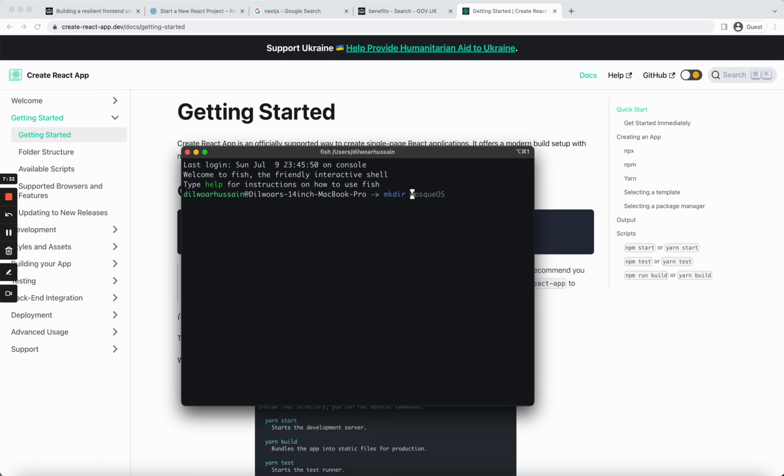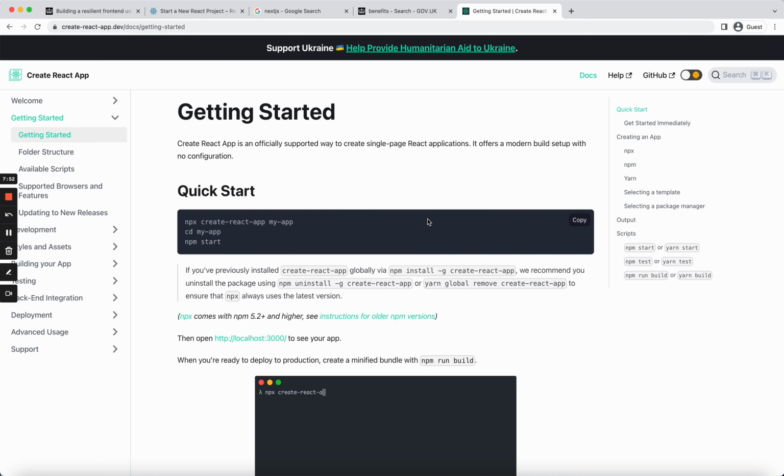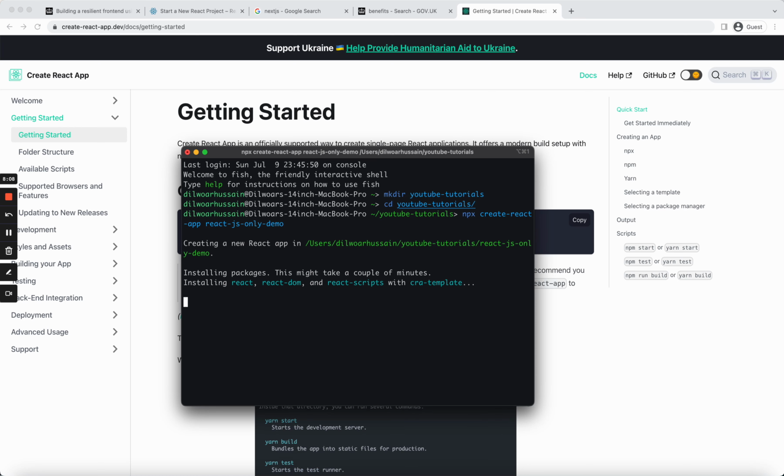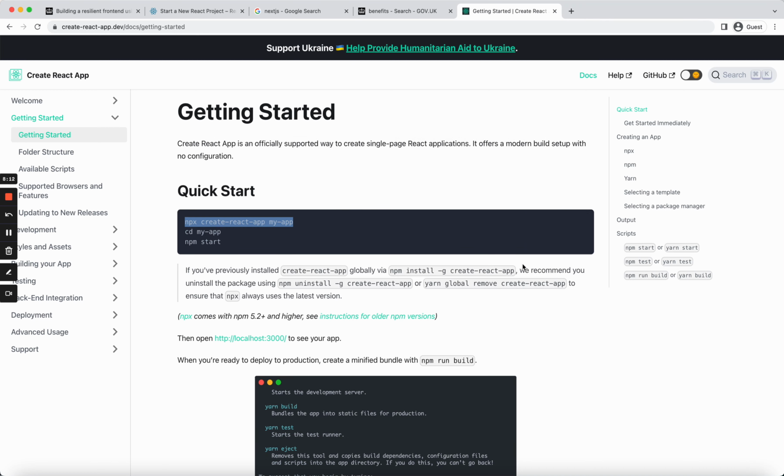So if I start, make a directory called YouTube tutorials. Go to YouTube tutorials, and then I do npx create-react-app js-only-demo. So this will create a React app using the Create React App package,